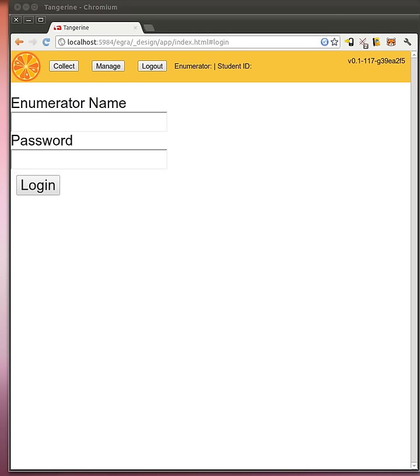Tangerine is an electronic data collection tool that helps assess children in the early grades on their literacy skills. It's based off of the early grade reading assessment. So I'm going to log in as myself here,